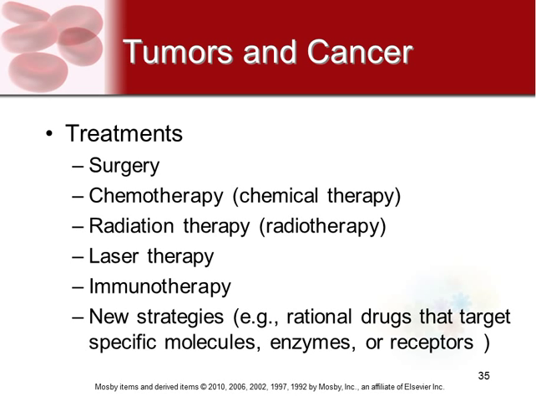And then there's radiation therapy. So radiation is when we're sending those radiotherapy waves, normally directed at where the cancer cell is, to try to prevent it from continuing to grow or from coming back. And then there's laser therapy, works kind of like radiation therapy, and then immunotherapy. And then there are some new strategies that we're always trying to see what's going to work and what's going to be best. Enzymes or different drugs that target specific molecules, stuff like that. Cancer is definitely something that there's always a lot of research being done on.